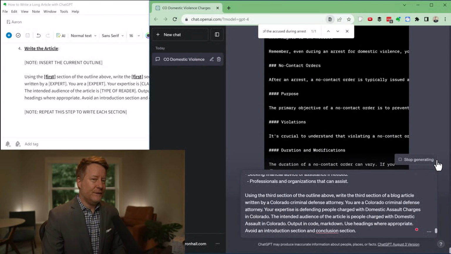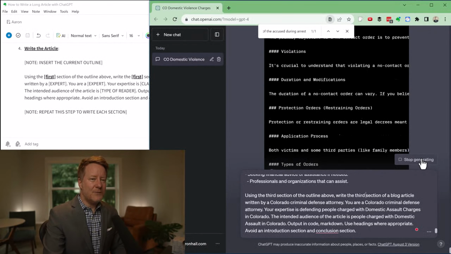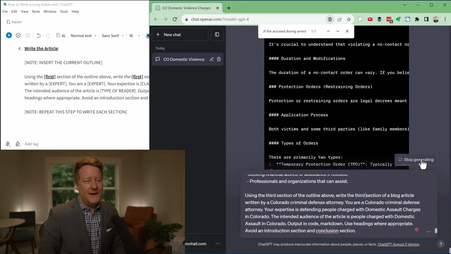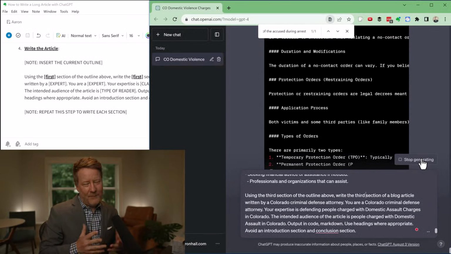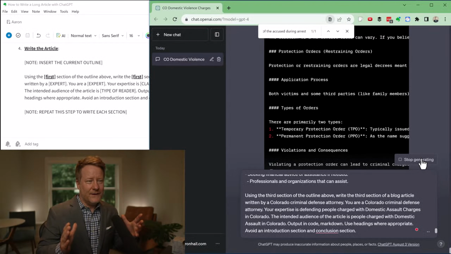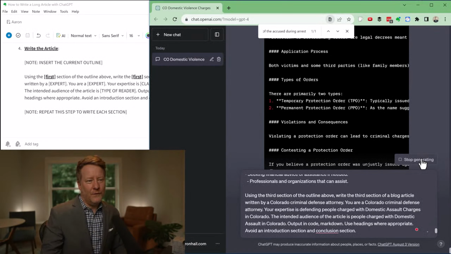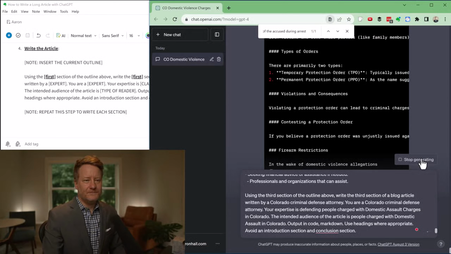Keep an eye on this little stop generating thing. We don't want it to stop, but if that turns into a continue, then we tell ChatGPT, hey, keep going, finish the task. Sometimes it just stops because it runs into a word limit, essentially, for a single response, and it wants approval to keep going.